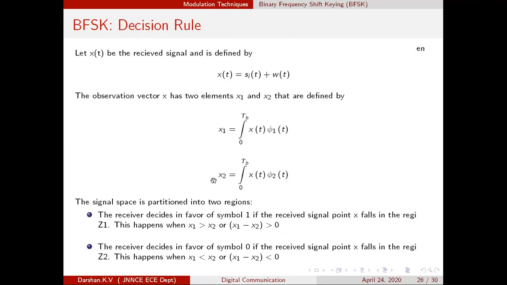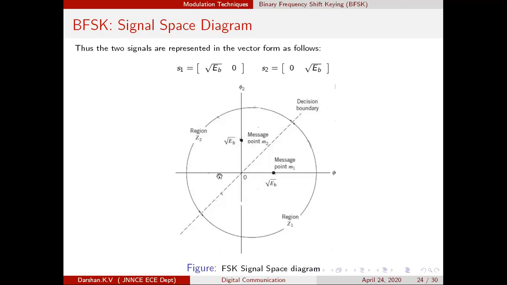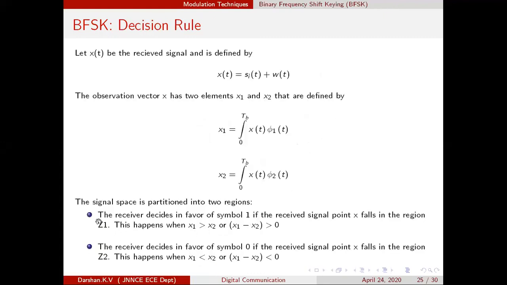Okay, so where were we? We were analyzing a particular sequence, the errors. What happened? I transmitted symbol 0. Because of the noise, the received signal fell in the region Z1. So this is the event. Now the receiver decides wrongly, because the received signal point fell in Z1. So the receiver commits an error.